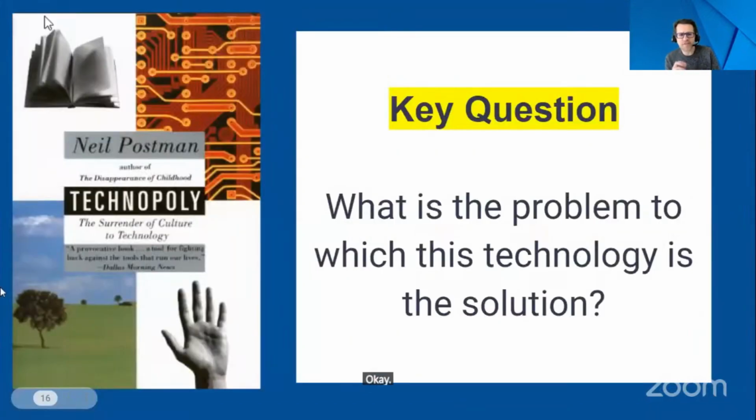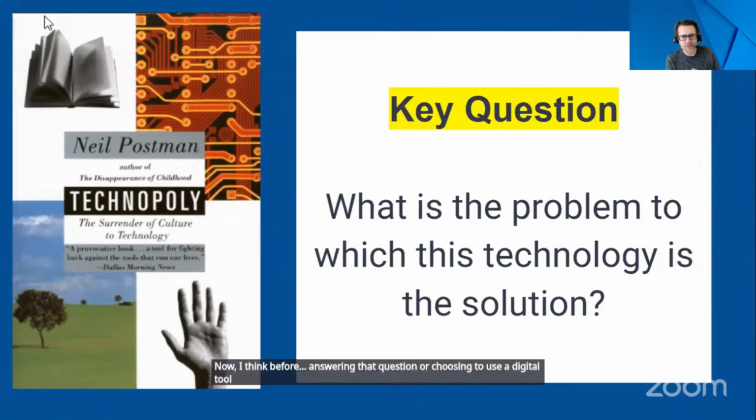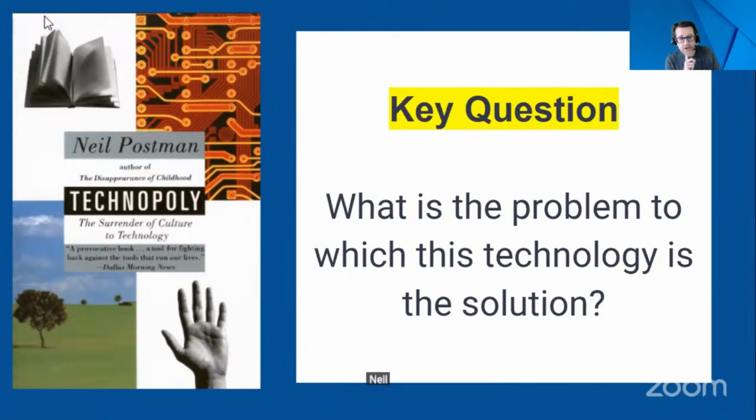Now, I think before answering that question or choosing to use a digital tool, it's really important to go back to basics. And back in the 1980s and 1990s, Neil Postman, who was an American researcher, he wrote a lot of fascinating books, and you can watch his videos on YouTube.